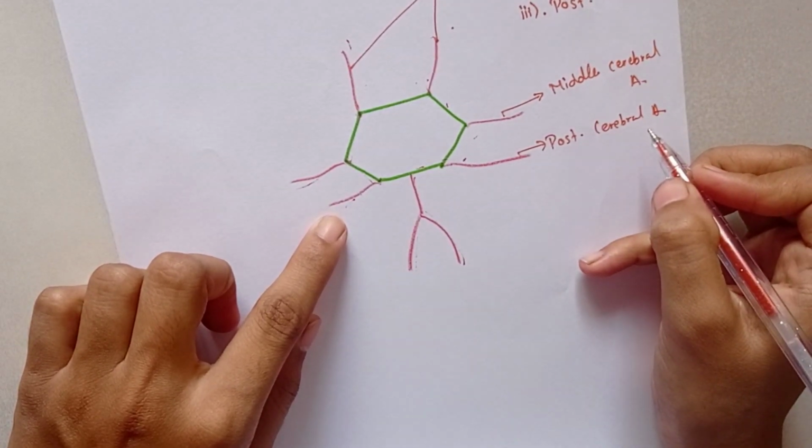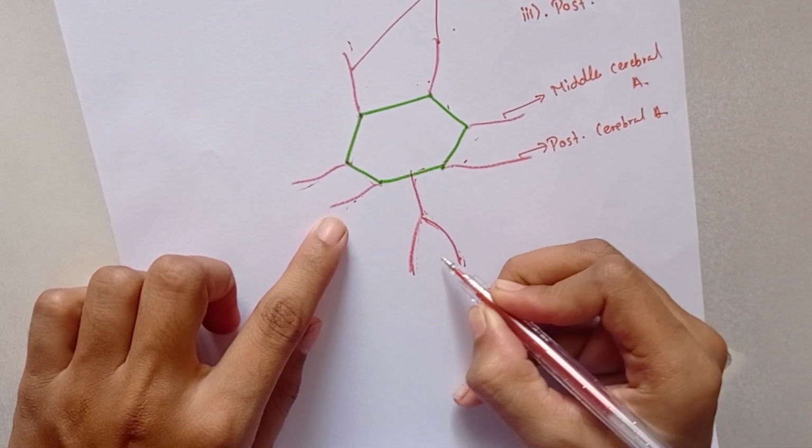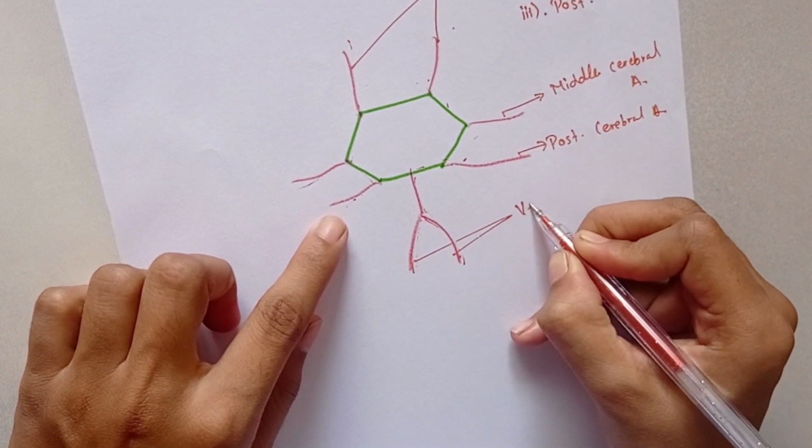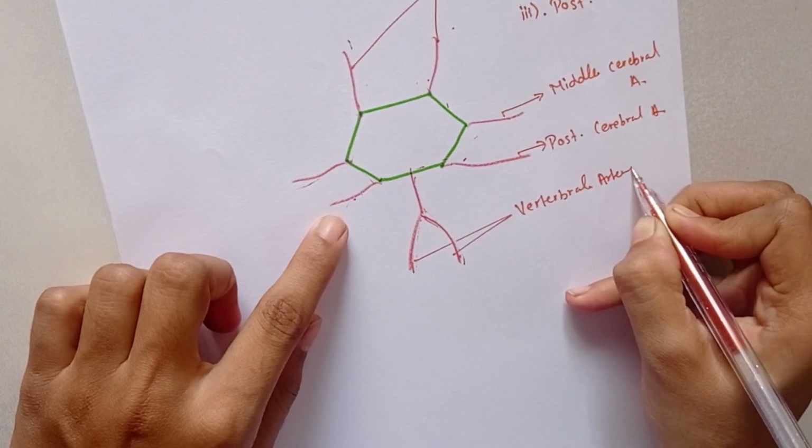Now here we can see that these two branches will be the vertebral arteries, whereas